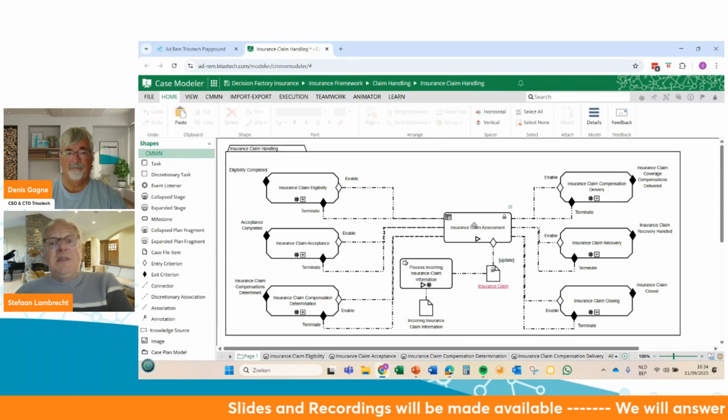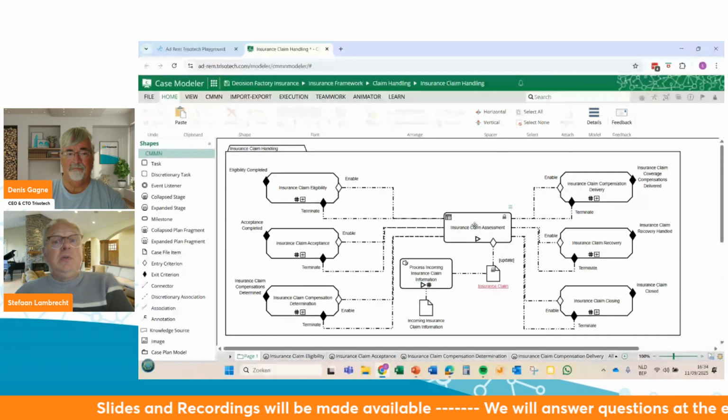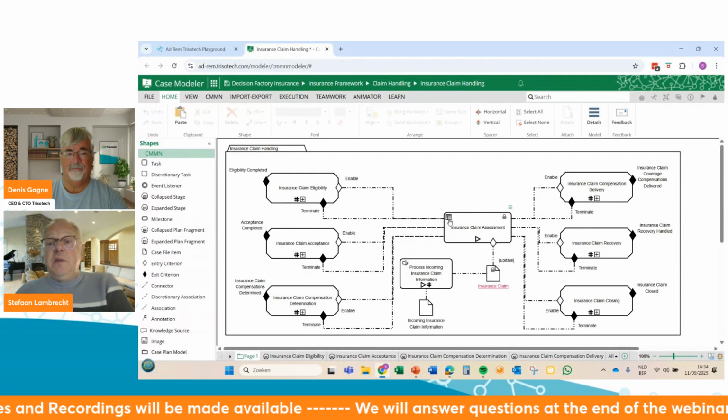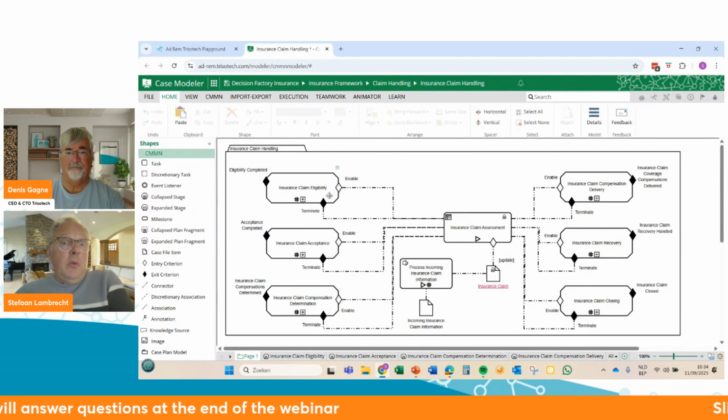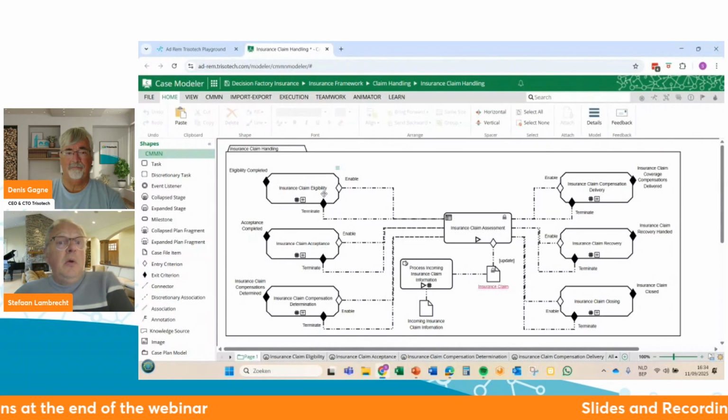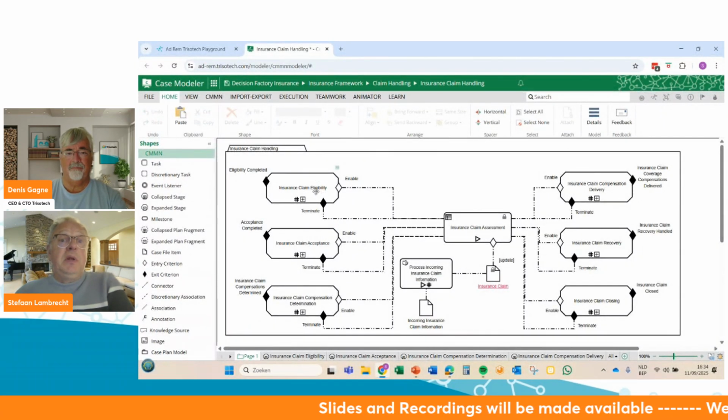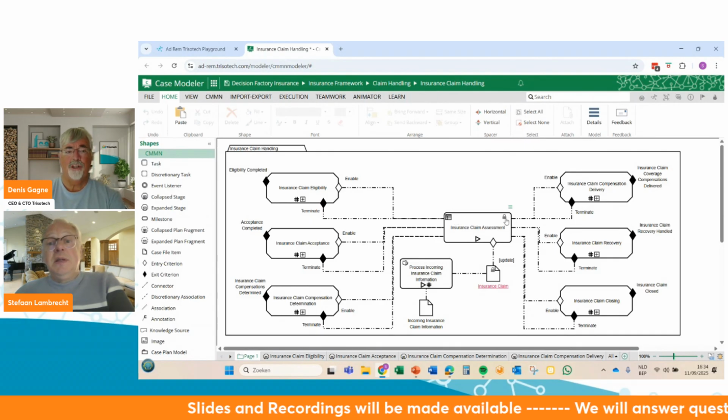The decision engine will then determine whether one or other action needs to be done in one of the domains of the claim handling, for instance, eligibility checks, etc.